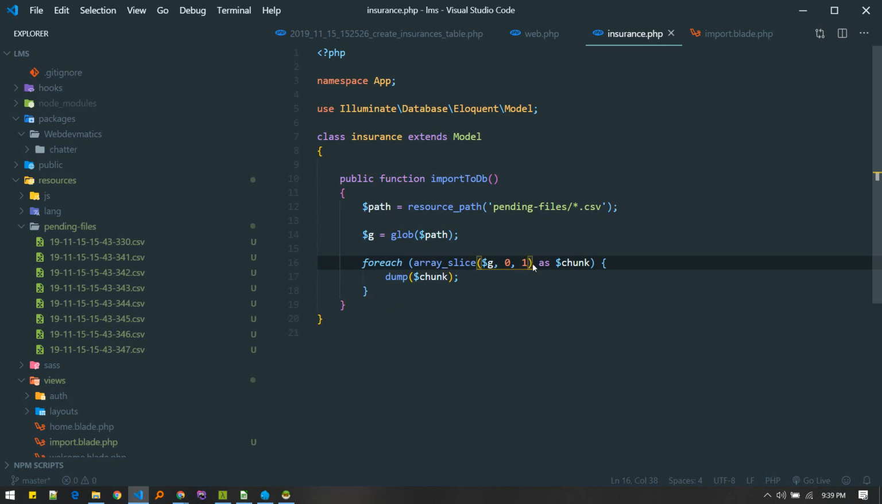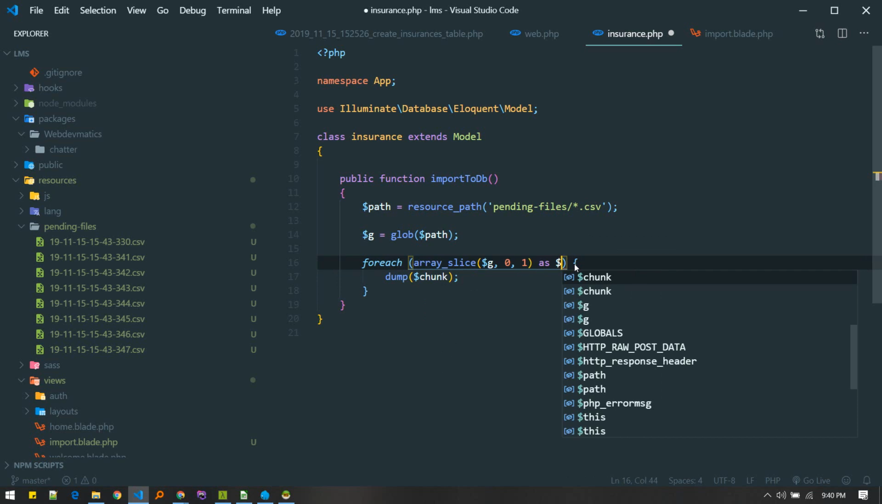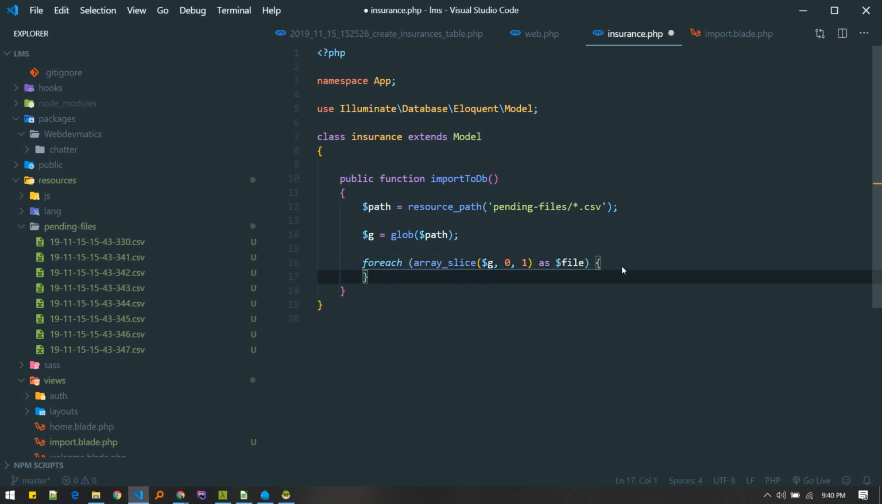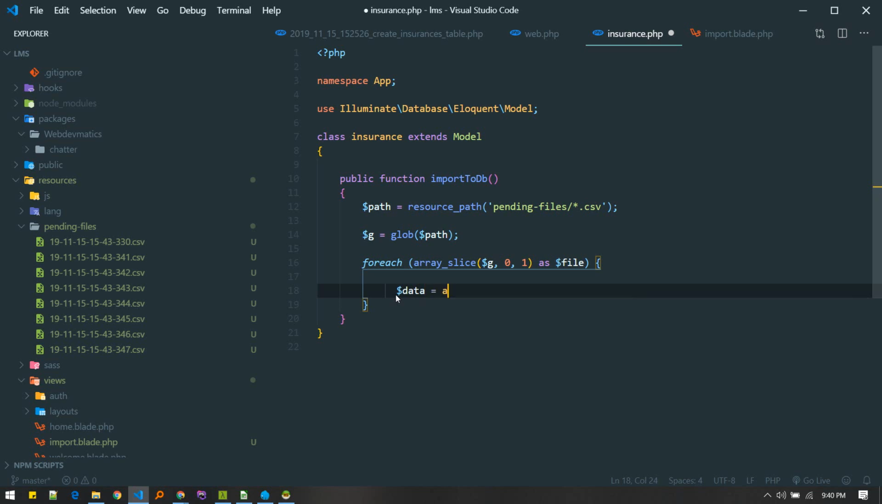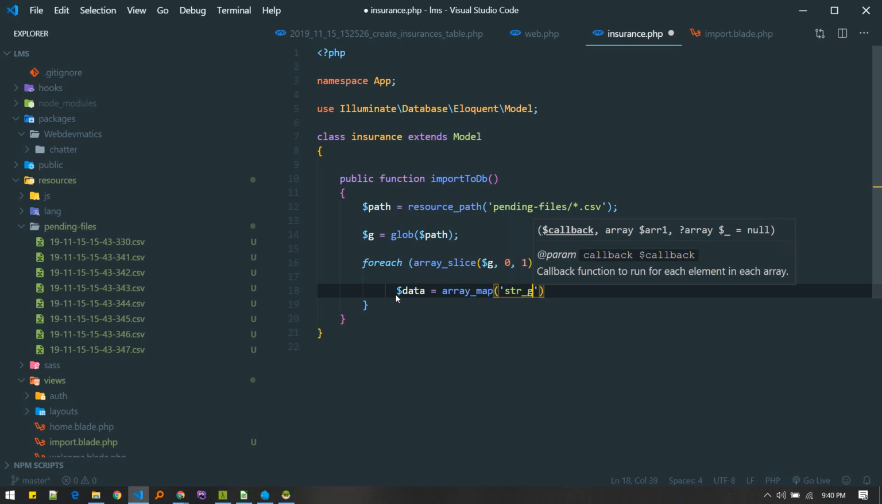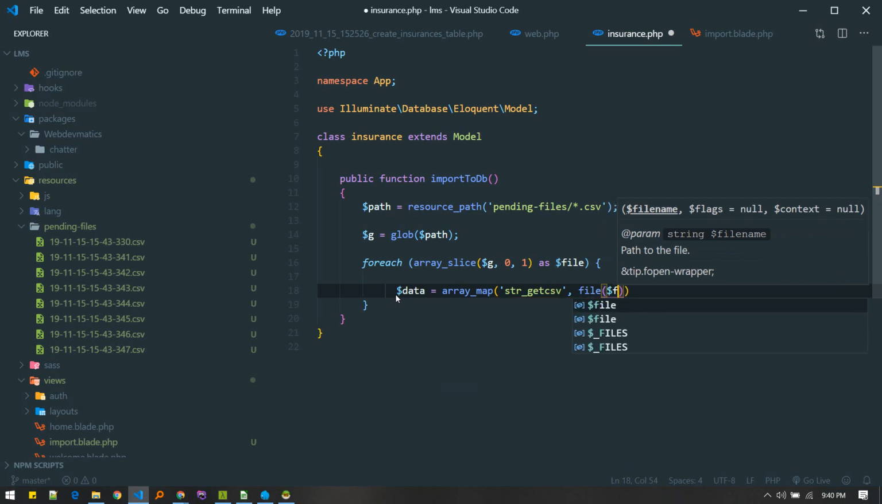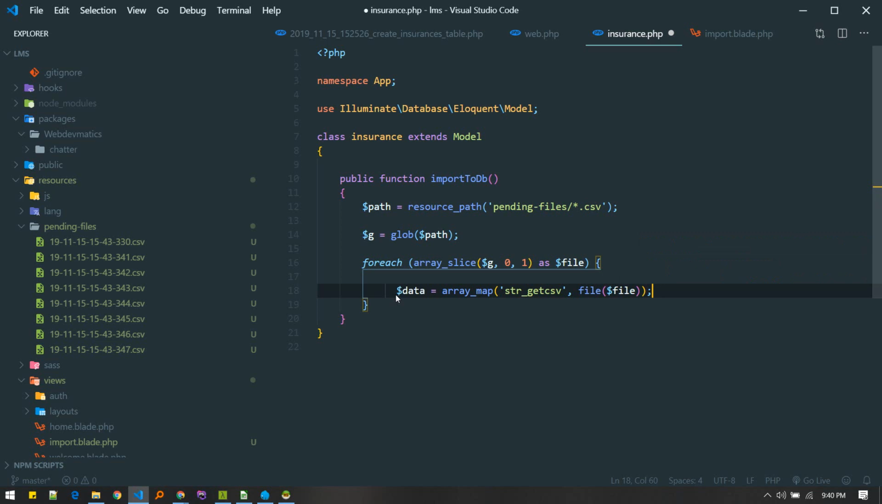So this will get an array of 1 file, and then we'll import this to the database. First thing, we'll get the data from that CSV file by using this function. So array map, we'll use the PHP inbuilt function, which will get the CSV file content, and we'll get the content of the file by file